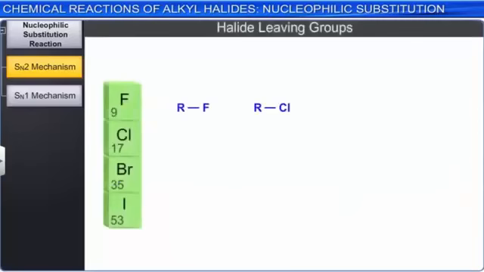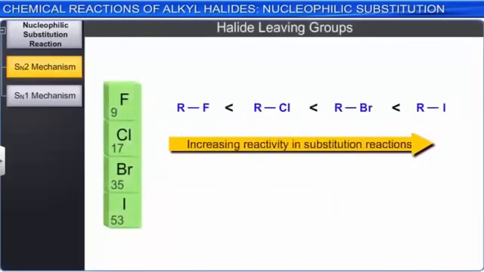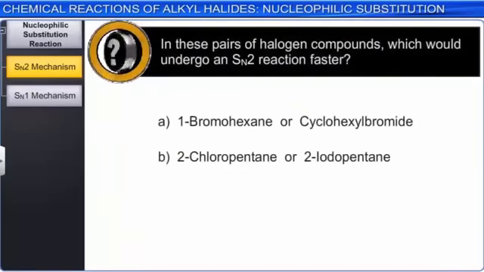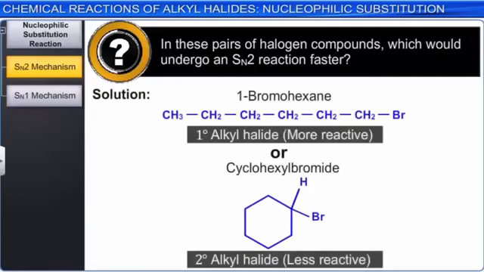Not all leaving groups react equally well. In general, among the halogens, fluorides are the poorest leaving groups, and iodides are the best leaving groups. In these pairs of halogen compounds, which would undergo an SN2 reaction faster? Let's start by drawing out the structures. For the first pair,